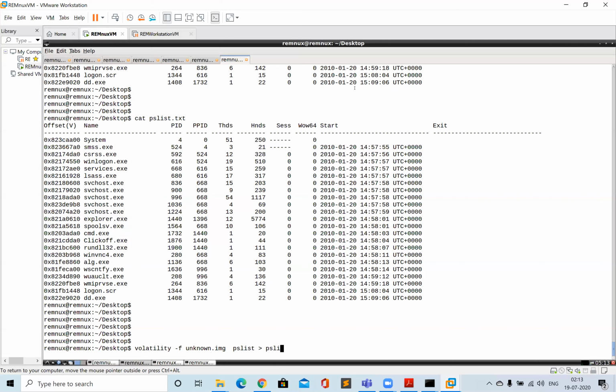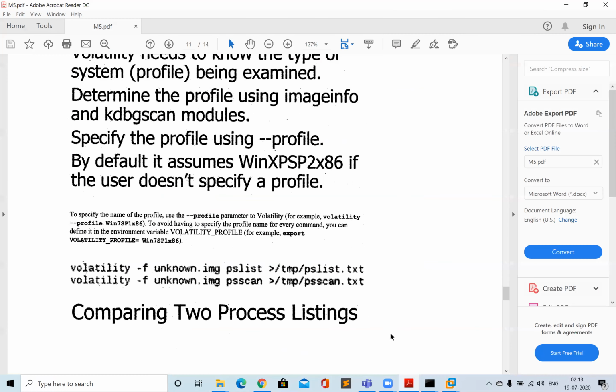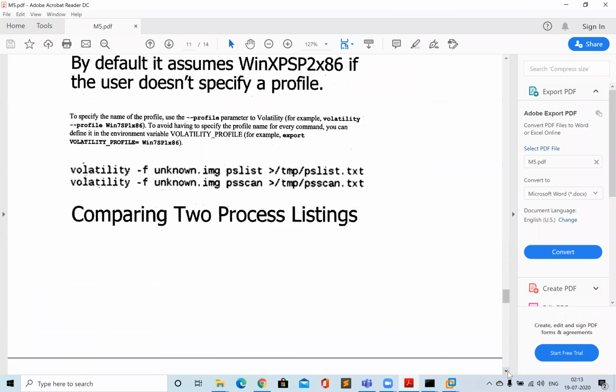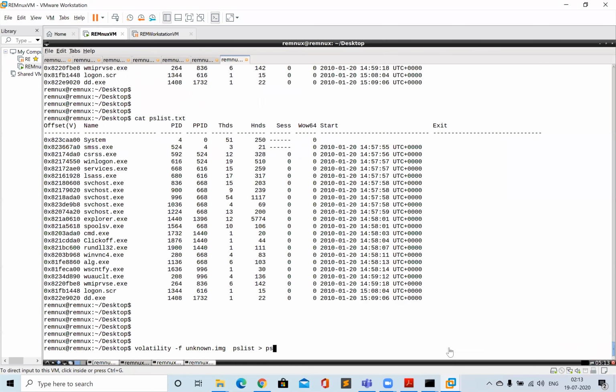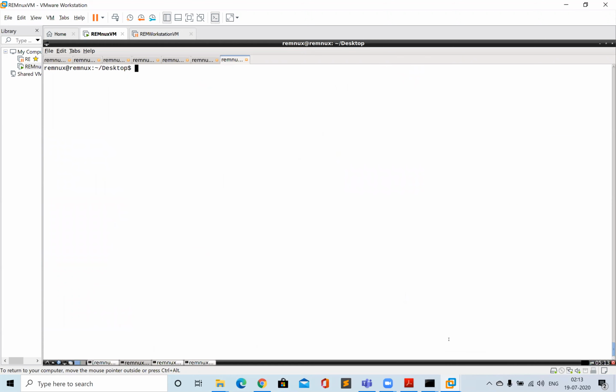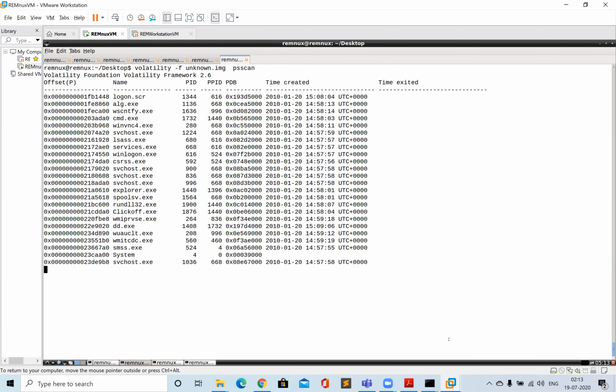So what we will do is run, just one minute, PS scan. The other plugin called PS scan, but there is something better than that. So let's first run the PS scan plugin, and then run it. This will take time, and now you can see that PS scan has given you the list, and why not compare that with the PS list that I have saved?